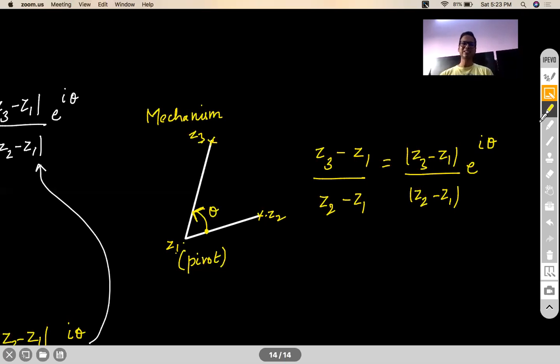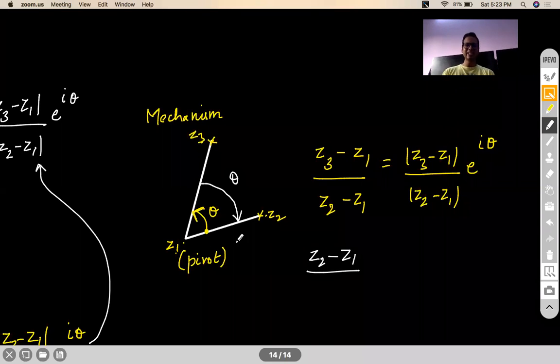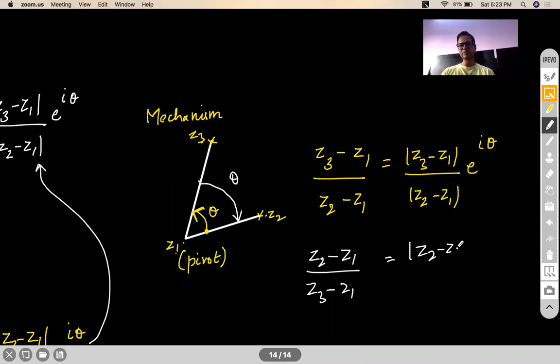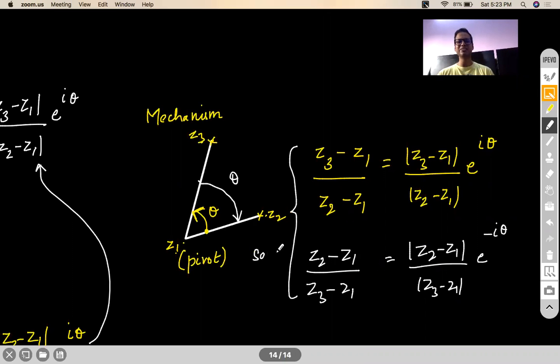Okay. Now let's say somebody wants to assign this angle a clockwise direction. Let's say Aditya says, okay, let me take clockwise, right? So what Aditya will do is, he will first write z2 minus z1, right? And then the tail is z3 minus z1. And then again, modulus of these two. And then since he has taken clockwise, he will write minus i theta. Right? So ultimately, both have written the same thing, but his way of writing is different from mine. So that depends upon your way of attacking the problem. But both are essentially the same formula.